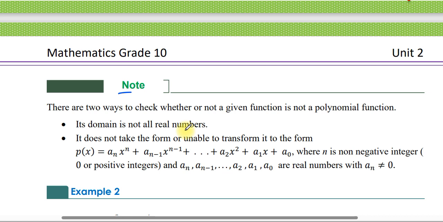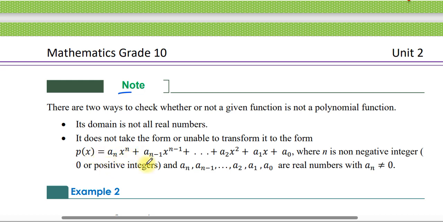የሆነ ፋንክሽን ተሰጥቶን if the domain is not all real number then the function is not polynomial function because polynomial function ዶሜኑ all real number ነው ብለናል። ግን የተሰጠን ፋንክሽን ዶሜኑ all real number ሳይሆን ከቀረ that function is not polynomial እንላለን። ሁለተኛ it does not take the form or unable to transform into the form p of x which